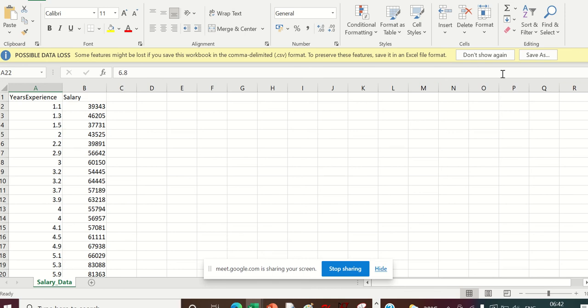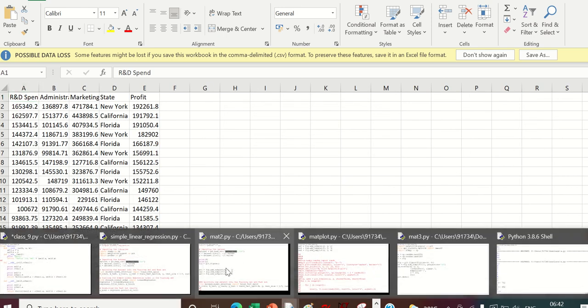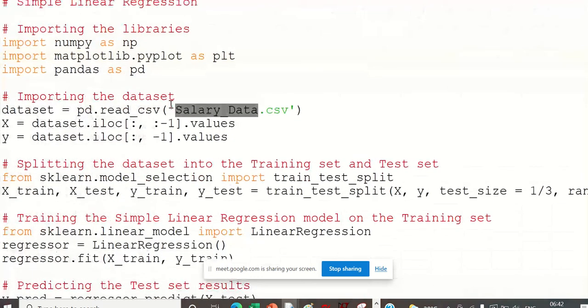Now let us apply this onto our data. The first step is we have to extract this information, whatever information we saw. So here, dataset.iloc.